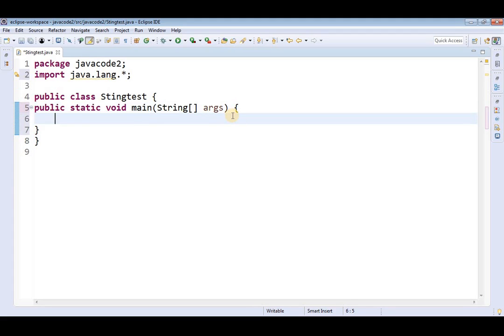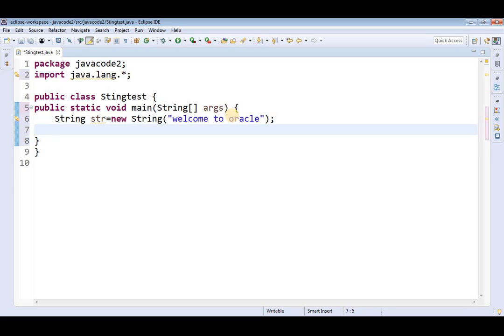Later, I am creating a string object. The string object I am creating with String str equals new String. In that, I am giving a sample string, welcome to Oracle.